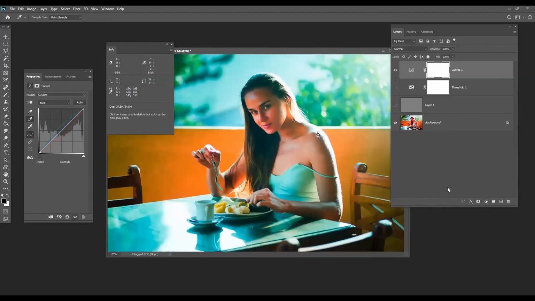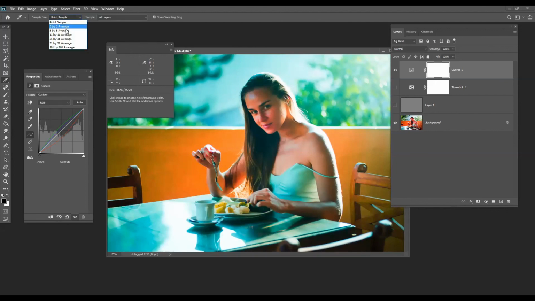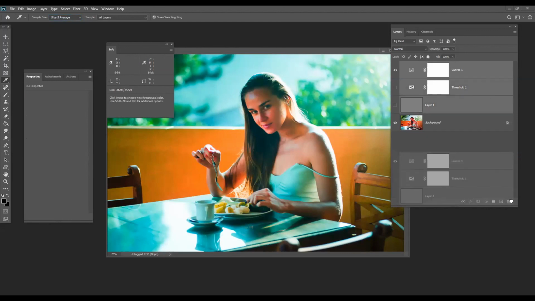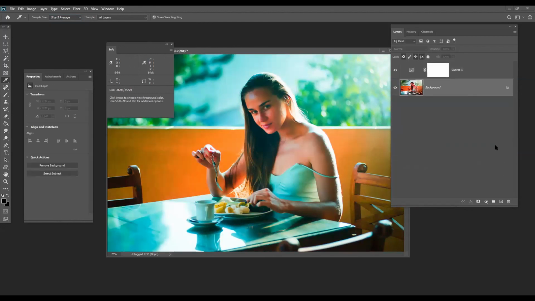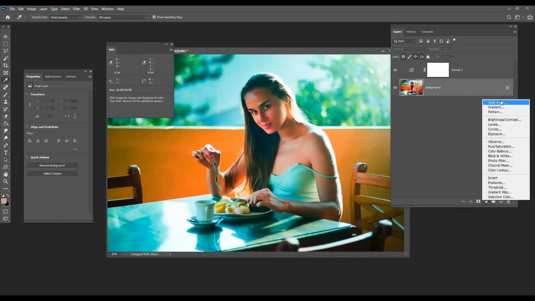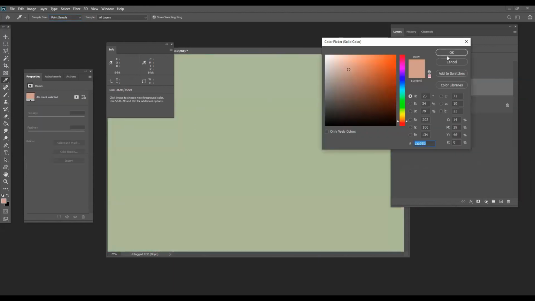Now, one basic thing that you can do, take this, now you can clear the color sampler, go to the eyedropper tool, take an average blur of 5 by 5 and click on a proper skin tone according to your choice. Delete the two layers. Now I have an average sample of that area. Now we can go to solid color and use that color.